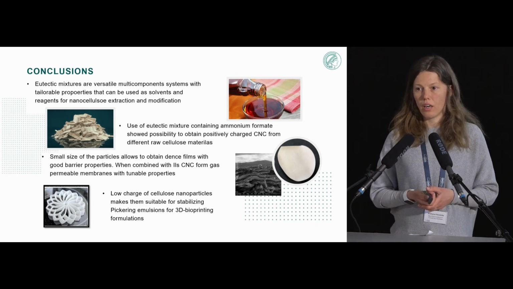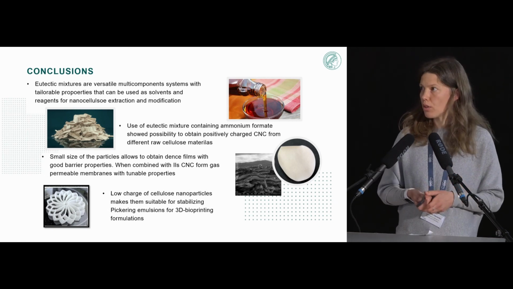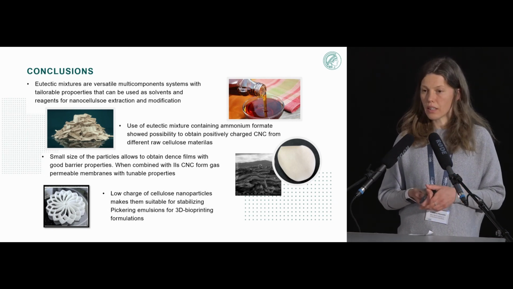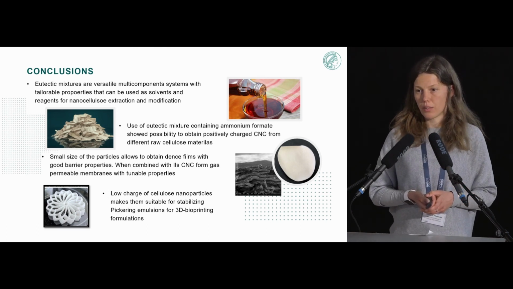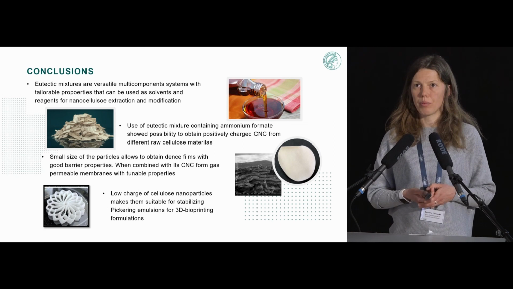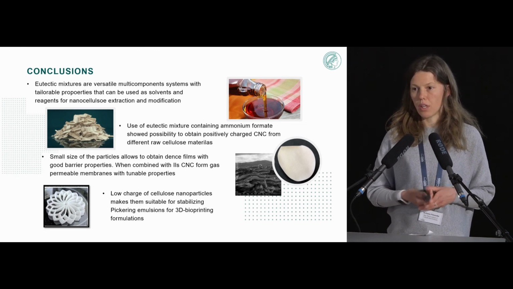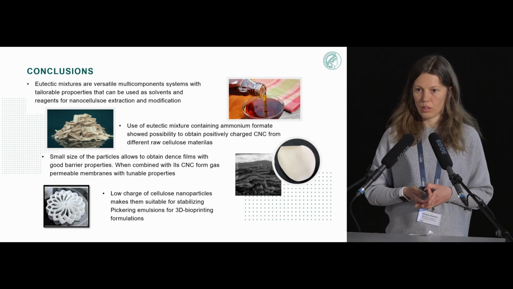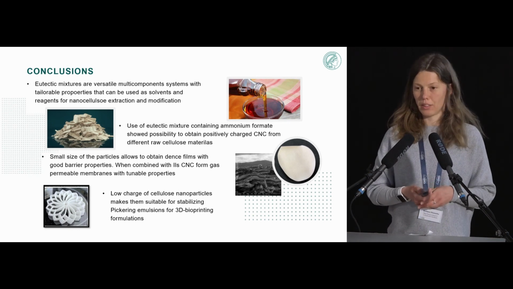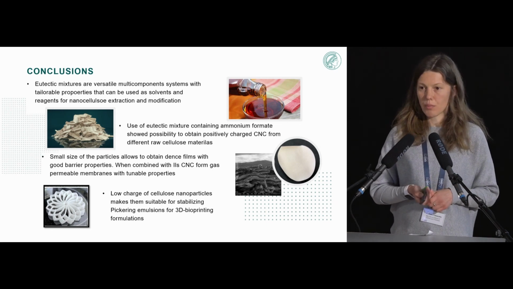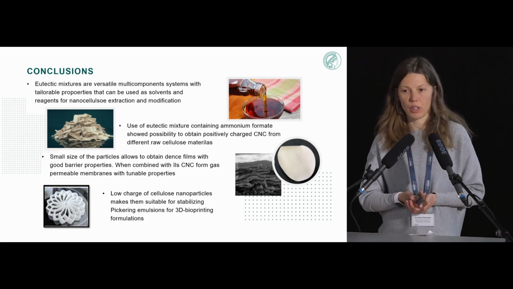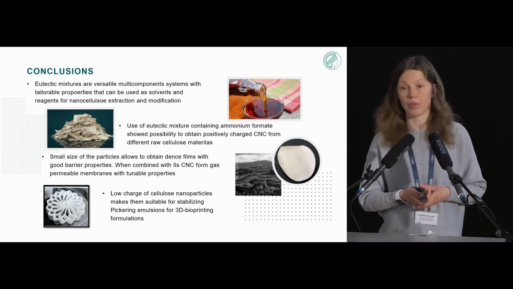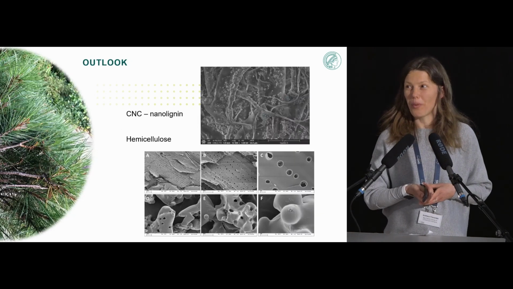But you do can prepare then extract the nanocellulose using the eutectics, which makes this method quite sustainable and less toxic. Small nanoparticles of nanocellulose can form the dense layers on the paper of this positively charged nanocellulose, as much as with preparing the membranes with the ionic liquids forms the good, let's say the interesting membranes for the gas separation with very unexpected properties, and low charge of these particles allows us to do this in 3D printing. With the outlook,